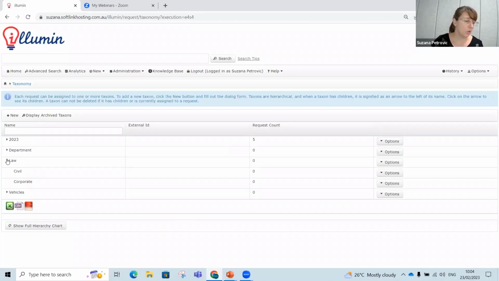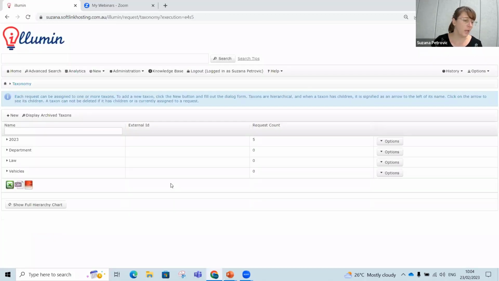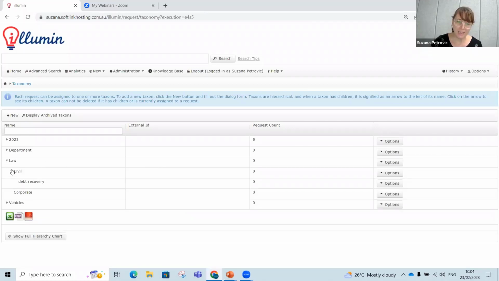Now, with this taxonomy, we can actually add children under our children. So let's add an option under our civil field here. And let's call it debt recovery. And you can see I've started to create a fantastic